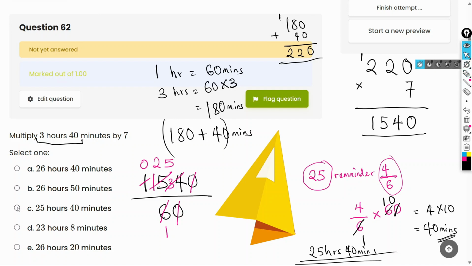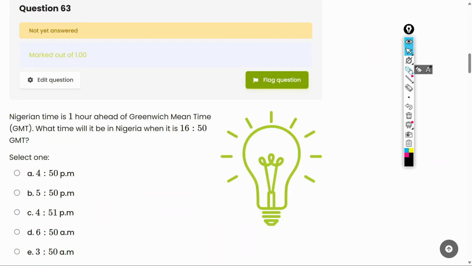So right here. Okay, question 63. Nigerian time is 1 hour ahead of Greenwich Meridian time. What time will it be in Nigeria when it is 1650 GMT? If Nigeria is 1 hour ahead of GMT, then we should add 1 hour to this. So 1650 plus 100, we'll end up with